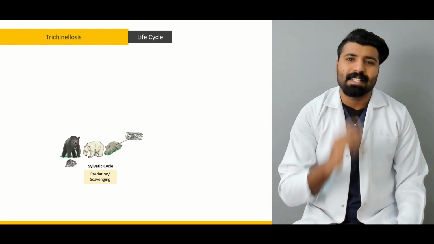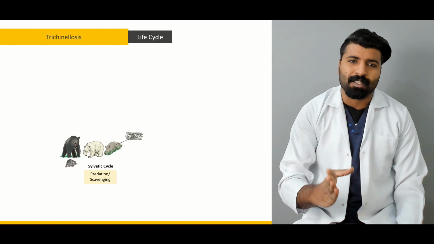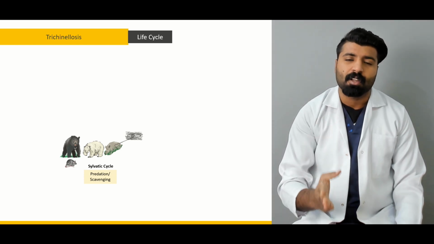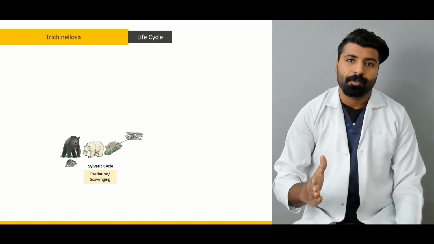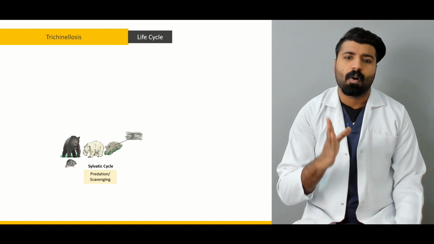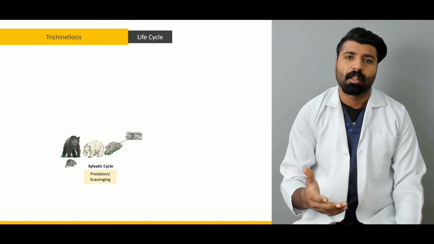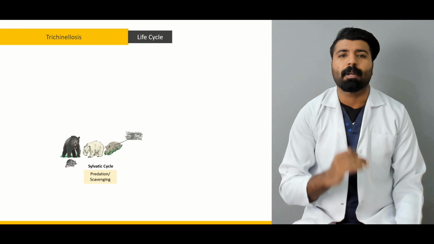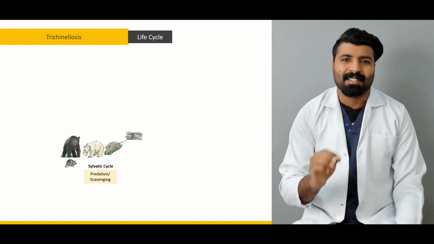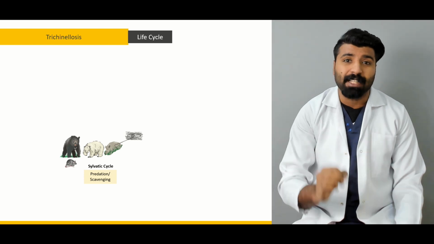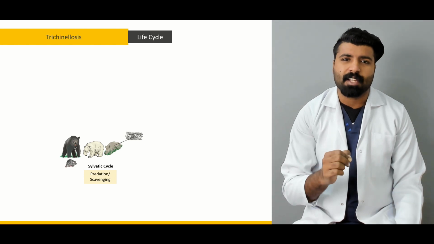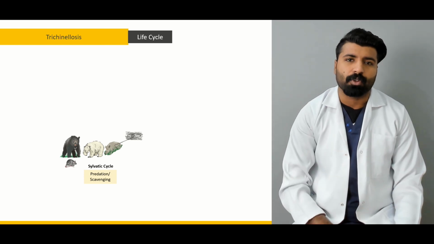If we eat these animals, when we go for scavenging, when we go for predation of these animals which are harboring this parasite, what's going to happen? We're going to kill them and feel accomplished that we went out and got an animal. But if you don't properly cook that meat and it's undercooked, the larvae of this parasite are going to be there and they're going to get inside your system. And once they get inside your system, it's not very easy to take them out.